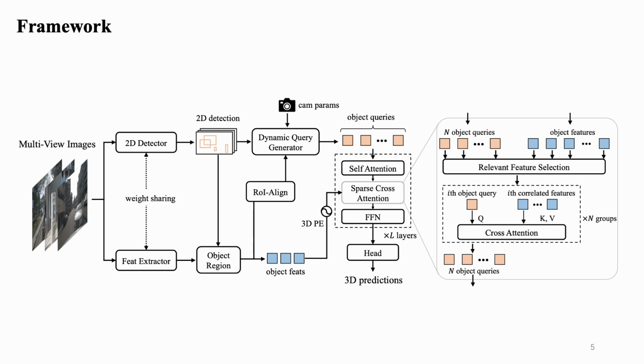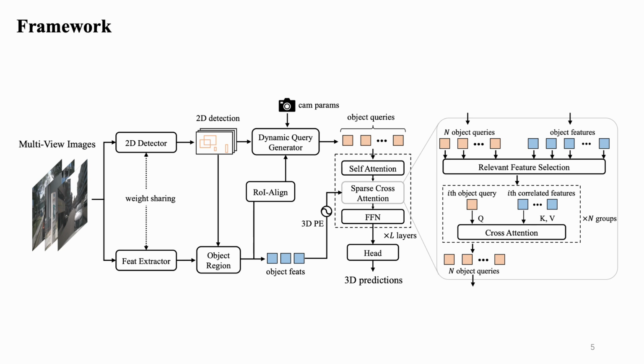The framework of the proposed MV2D. Given the input multi-view images, image feature maps are extracted by a feature extractor. Meanwhile, a 2D detector is used to obtain per-view 2D detection results. Dynamic Query Generator takes object features, 2D detection boxes and camera parameters as input to initialize a set of object